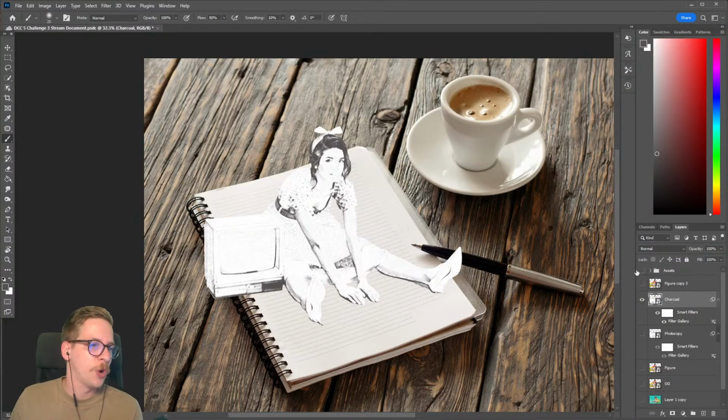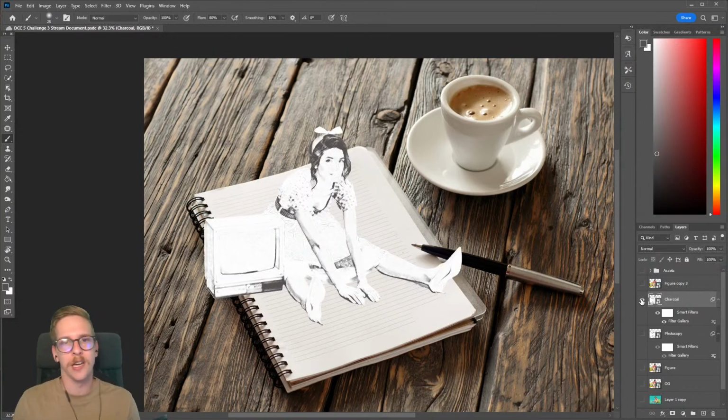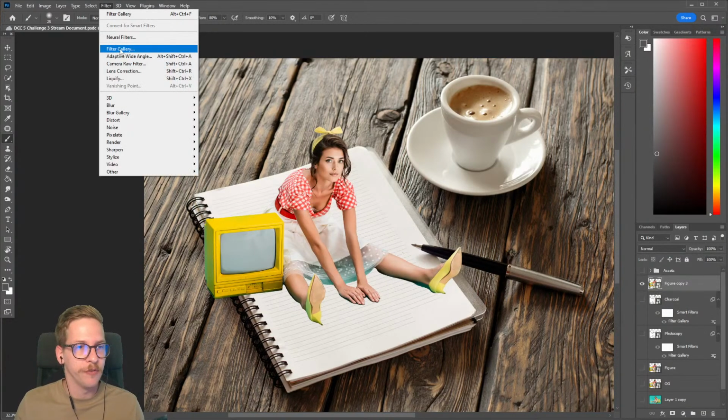For what purposes are we using the filter gallery? So the filter gallery is giving us these different drawn effects. Each one looks a little bit different, but we're going to combine these to hopefully have an illustrated look. And I'll show you the last one here. We'll go back into filter gallery